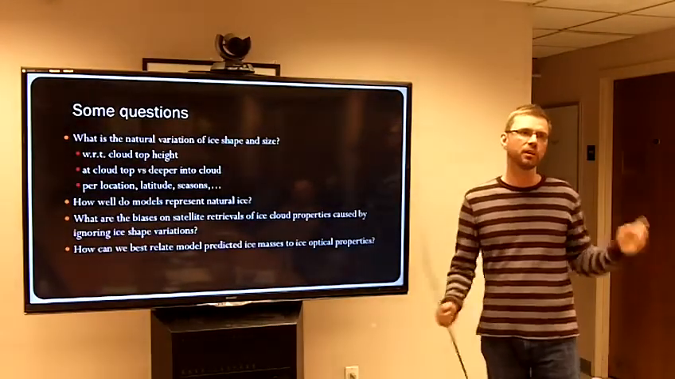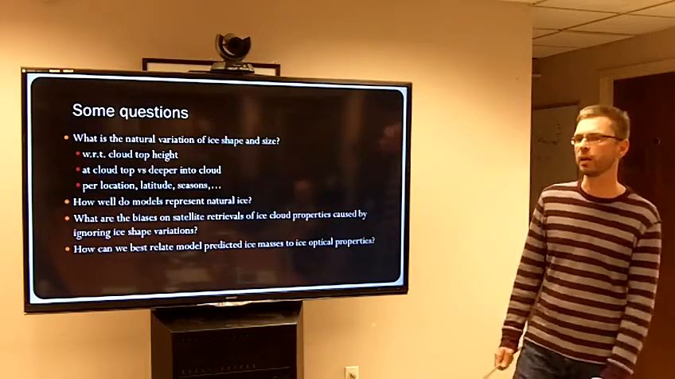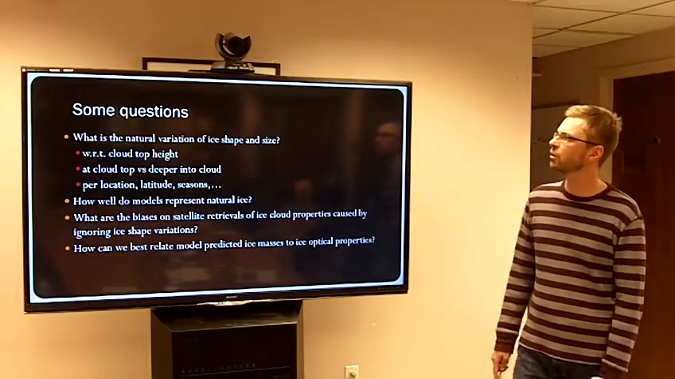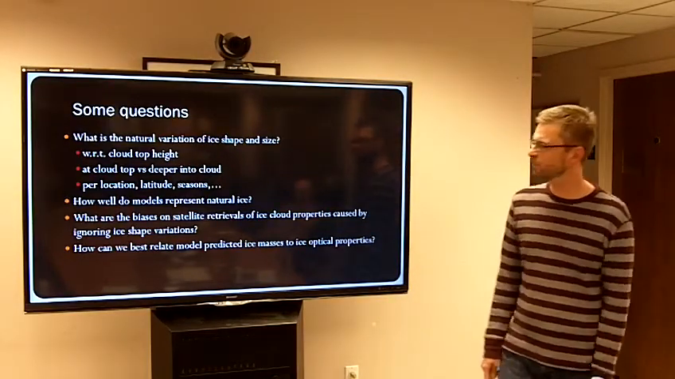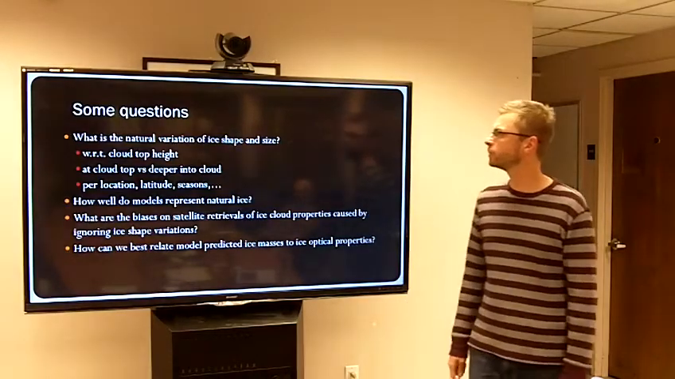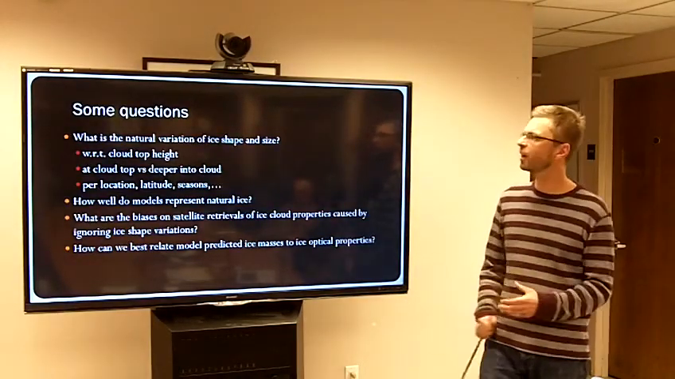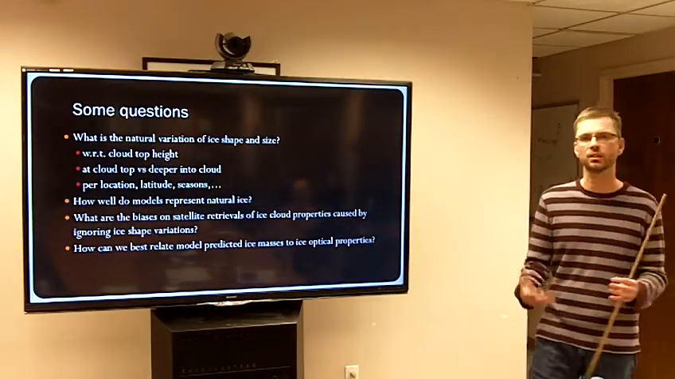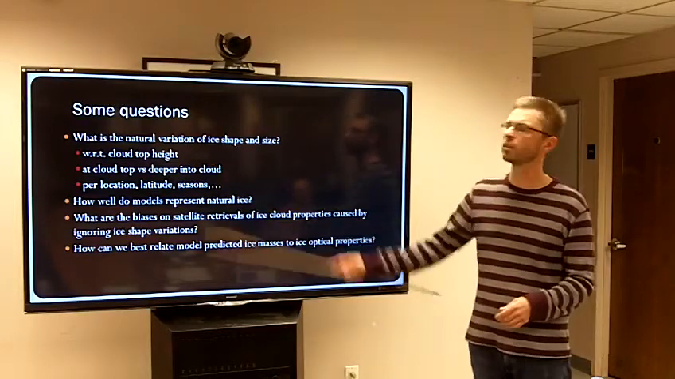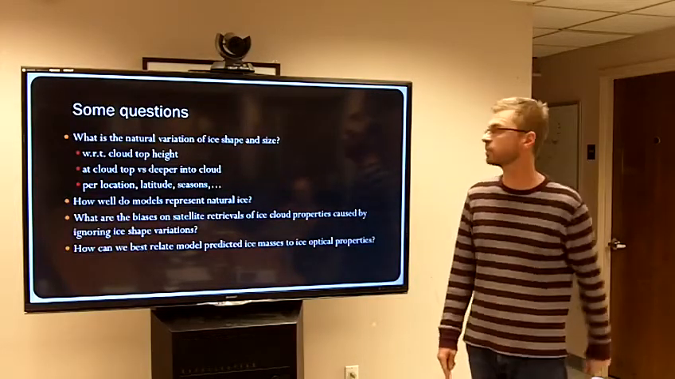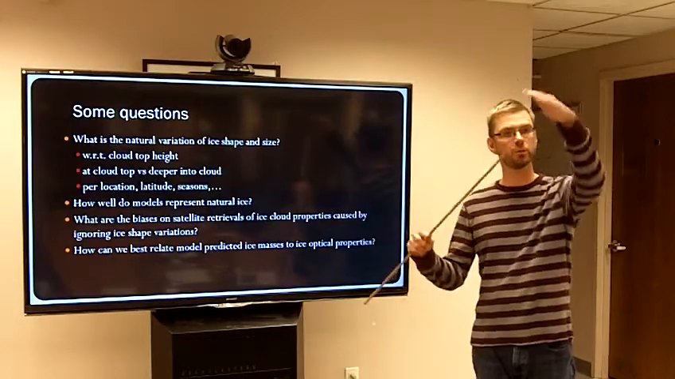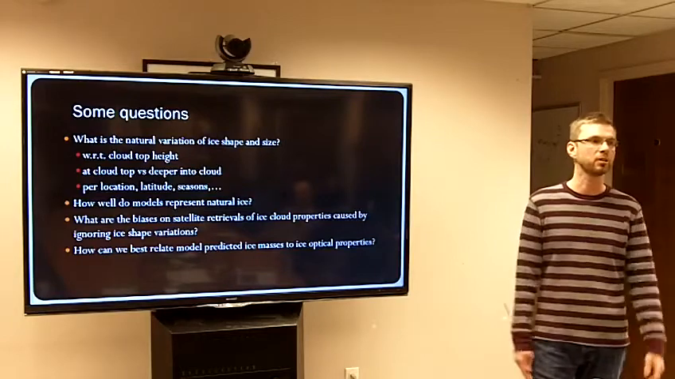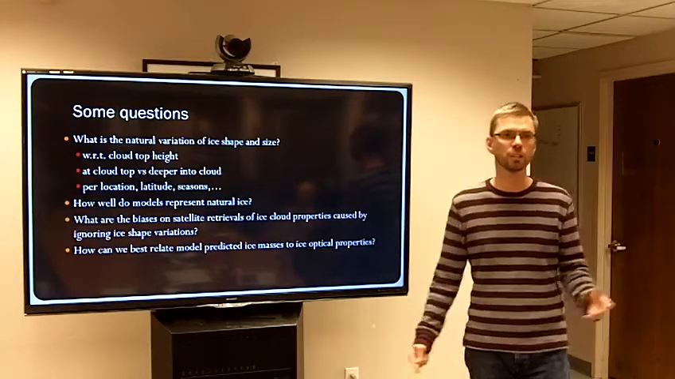And so we still have a lot of questions about ice crystals in natural ice clouds. So these are just some of them. Really, still, what is the natural variation of ice shape and size in ice clouds, and how do they depend on where the cloud top height is? How is it different between the cloud top and deeper into the cloud, and how does it depend on location, latitude, seasons, and so